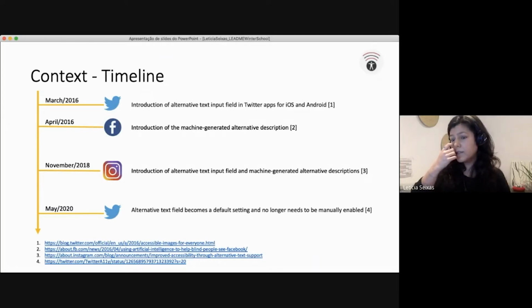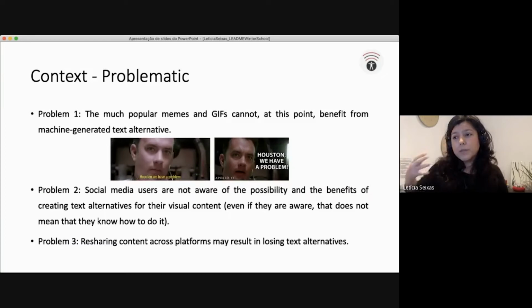And this year only, Twitter made a change in their accessibility features, that before it was not by default. So we had to really search in the settings options to enable it. So today it is a default setting for users to provide their own text alternative description. So maybe we still have a lot of problems with these major platforms, but I'll share with you three major